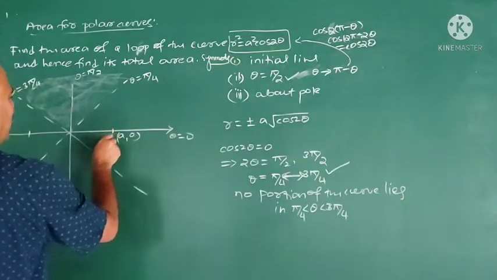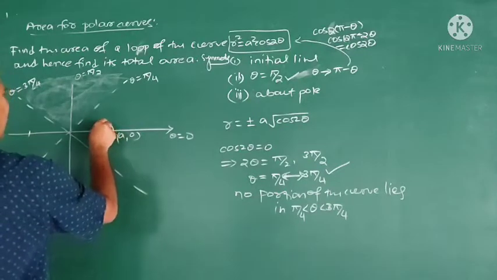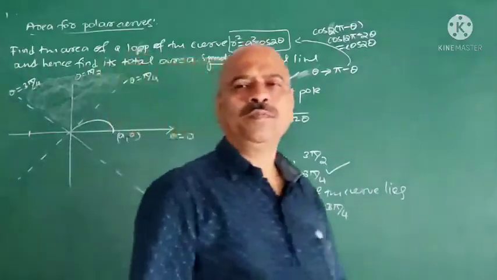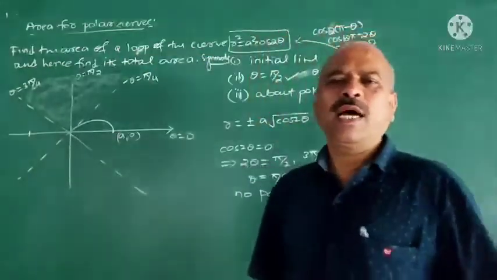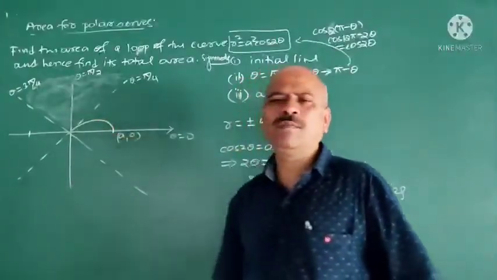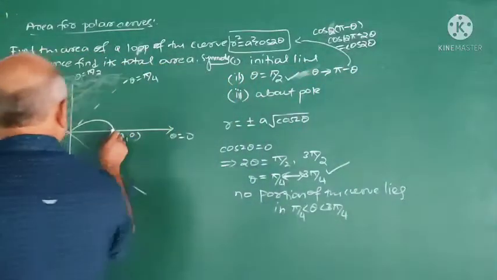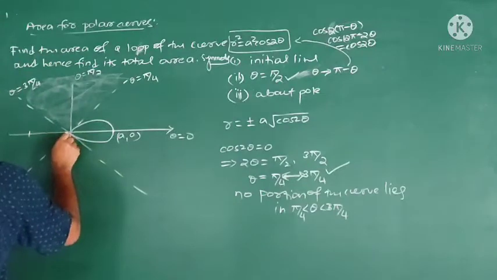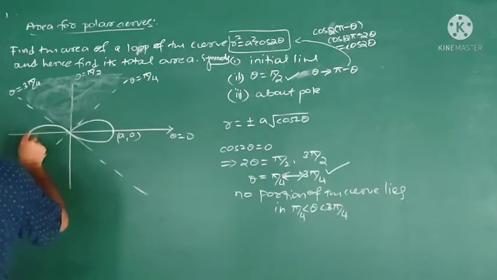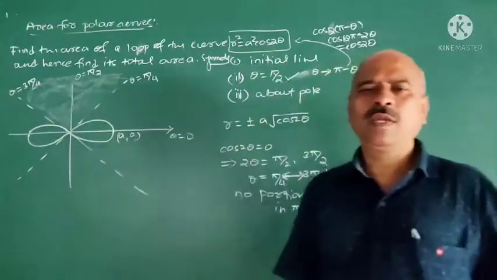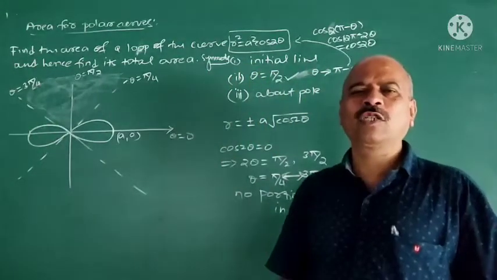Now when theta increases, r decreases here, because you can verify dr by d theta is negative. In the range 0 to pi by 4, dr by d theta is negative. So it decreases like this. And because of symmetry, we have one loop. Because it is symmetric about pi by 2, we have another loop. This is the curve, r square is a square cos 2 theta.